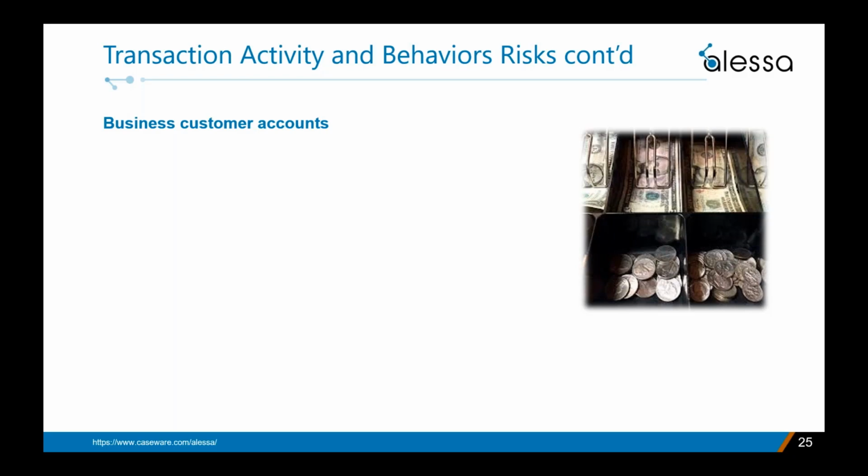Now think about it, you can't sustain a luxurious lifestyle without spending large amounts of income on goods and services. They have to make this income appear to be from a legitimate source. So this last type of suspicious behavior I'm going to talk about is all about what's going on in your business customers' accounts. The businesses tend to have a very stable pattern of receipts and disbursements, right? They bring in pretty much the same revenues, they pay the same vendors. Even if their business is seasonal, there's still a fairly predictable pattern over the course of a year. So when some new and unusual transactions happen, that's a red flag, and you need to pay special attention to these kinds of activities.